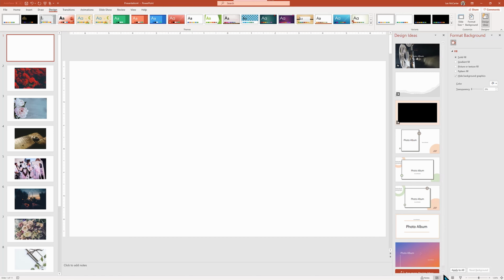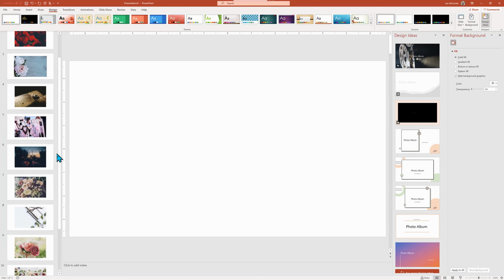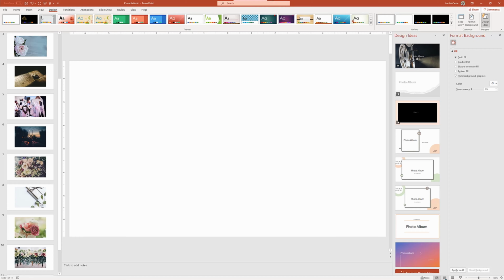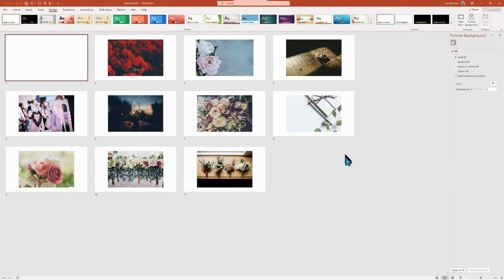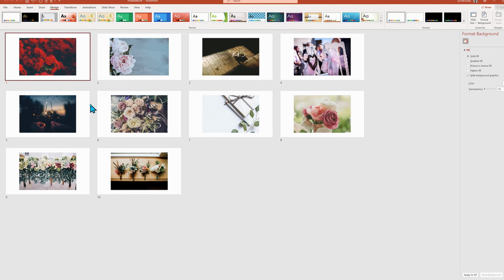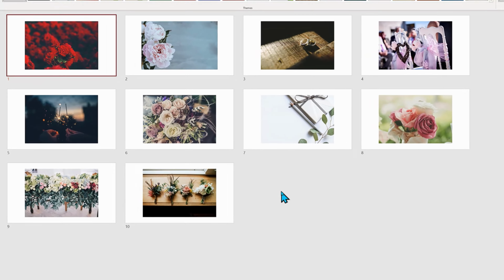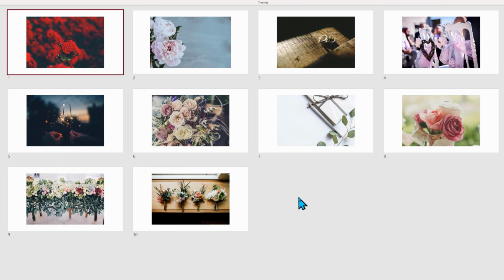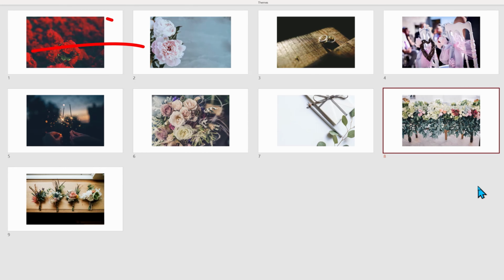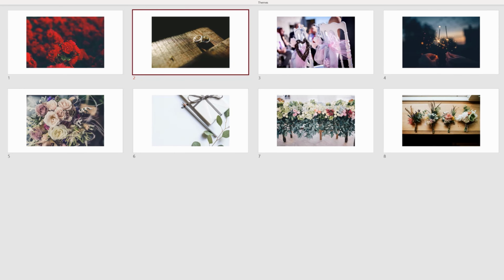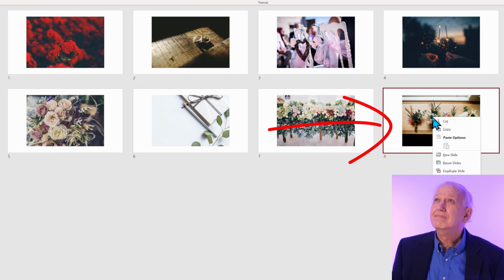To better see our candidates, I'm going to switch us to the slide sorter view, and you can see that we have 10 possible images to become our theme background. Let me get rid of the title slide by right-clicking on it and choosing Delete. Let's narrow down our choices. First off, I've got too many images with flowers, so let's eliminate the center-based rose image and the side-focused rose, and also the collection of flowers in the Windows ledge. I find the windows a bit distracting to me.